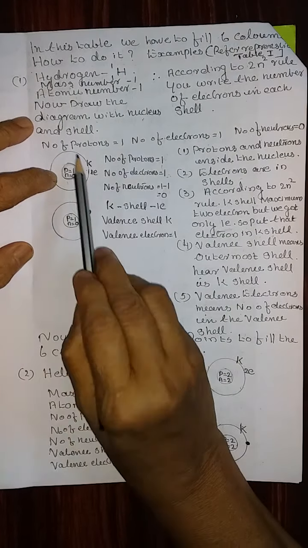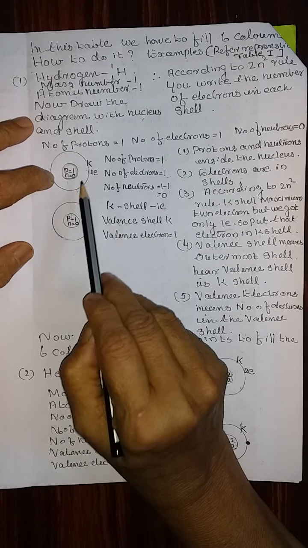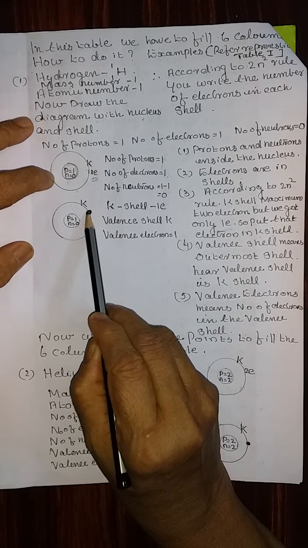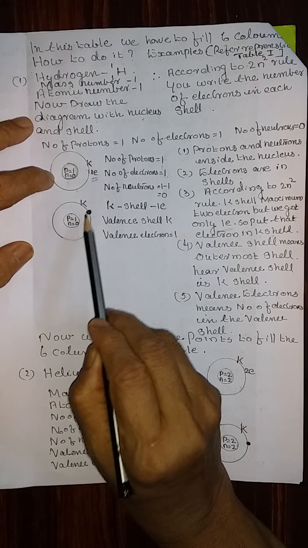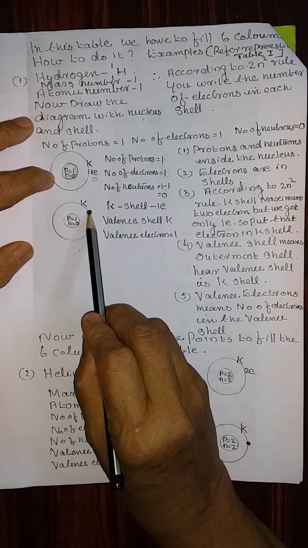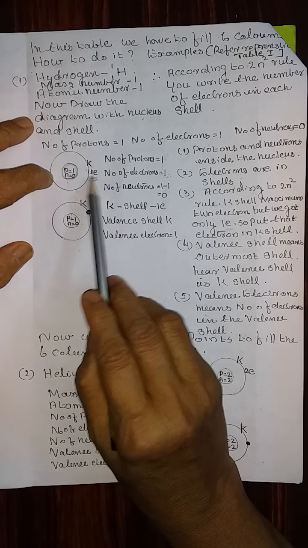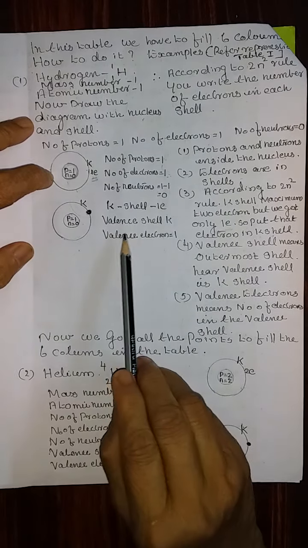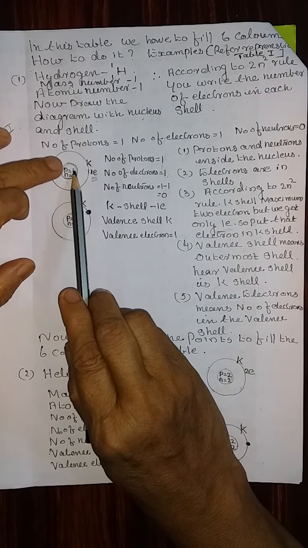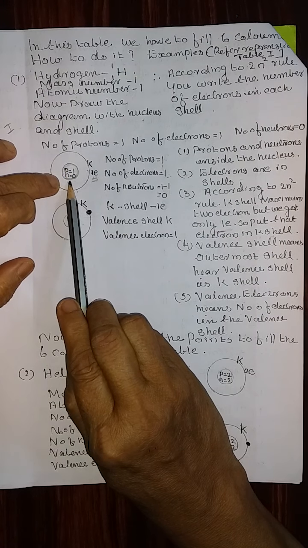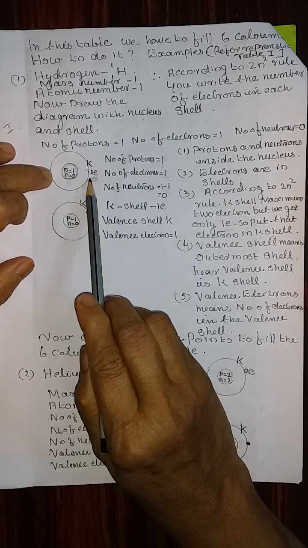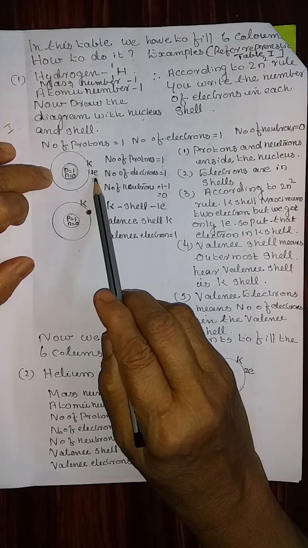In the K shell, you draw a K shell and put one electron. Write it like this, one electron, or you put a picture of the electron like this. Both can be used, whichever one is given in the textbook. Even for the examination, if you write like this, it is correct. Therefore, now we made the structure of the atom clear by putting the protons and neutrons inside the nucleus and the one electron in the K shell. We have only one electron, therefore we put that.